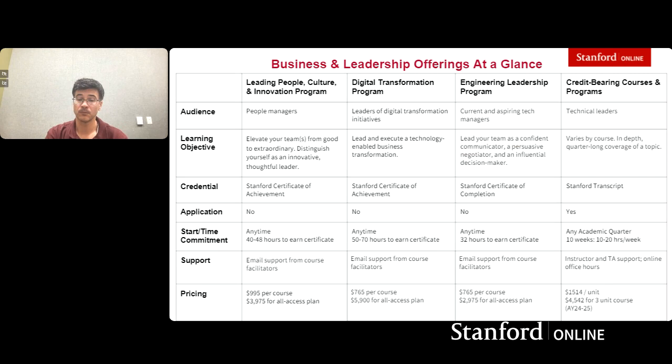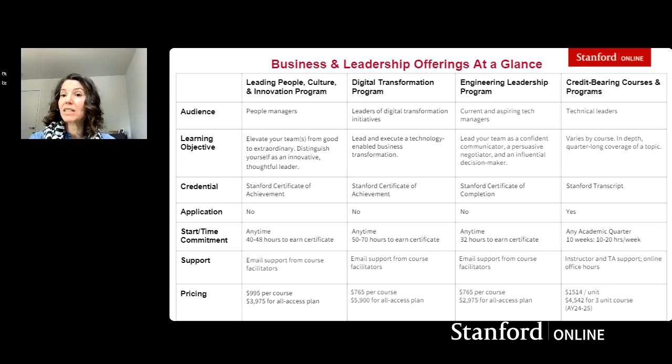That is true, with the caveat that for the engineering leadership program, the program preview is coming because that is a newer program. We just launched it at the very end of October. However, across the board, the digital transformation program, which we talked about earlier, has a program preview, and so does the leading people, culture, and innovation program. It is a selection of a few teachings from different courses, so you can get an idea of what our learning platform looks like, what it's like to hear our faculty provide content, and what an exercise looks like. It's a short little snippet, so you can get a good idea of what a course would look like before you purchase.